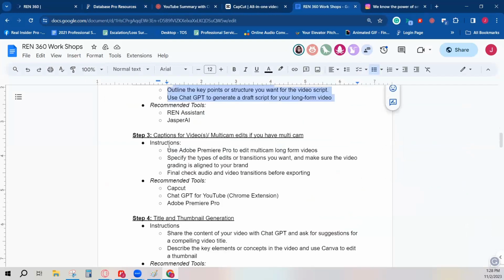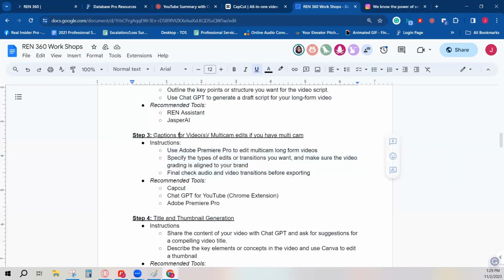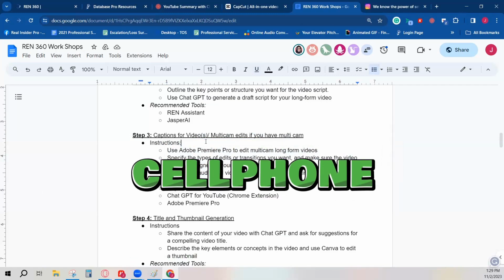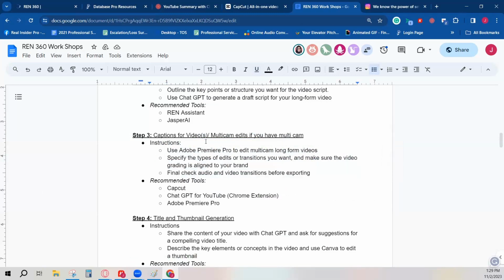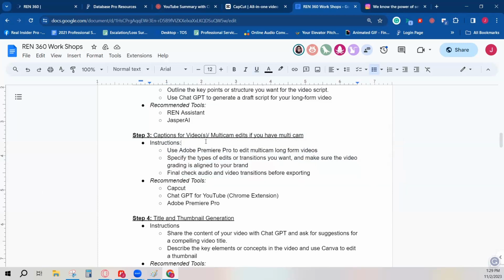So this is something that has a lot of different ways that you can do it. For recording your video, you can use a cell phone. You can use, we talked about last time, having different kinds of video cameras, handheld, anything along those lines. So what I would do, record a quick video, just going through my bullet points here. What I always recommend doing is going to